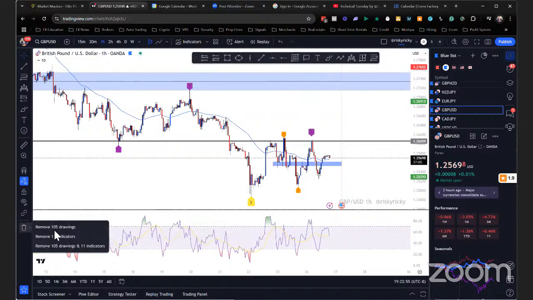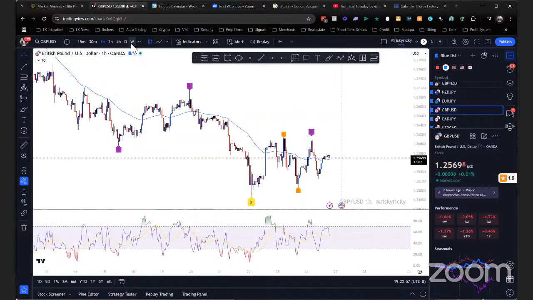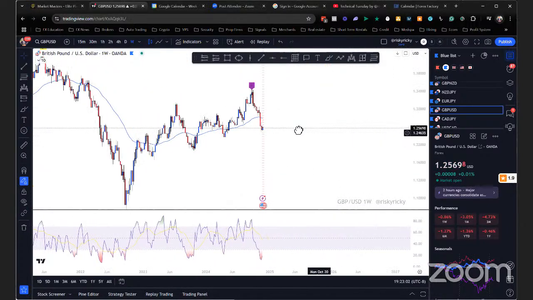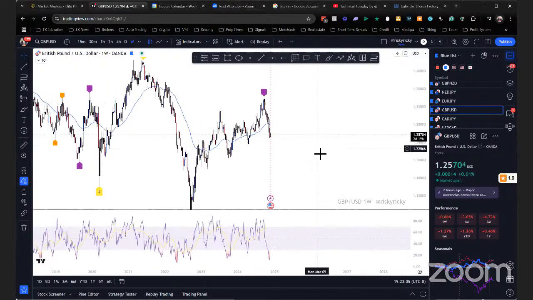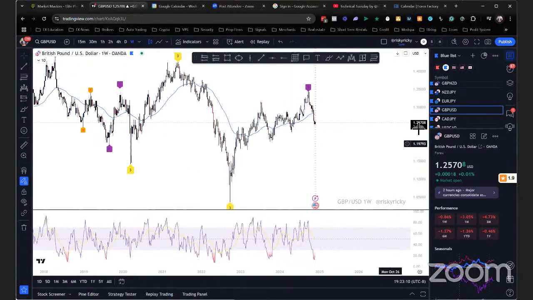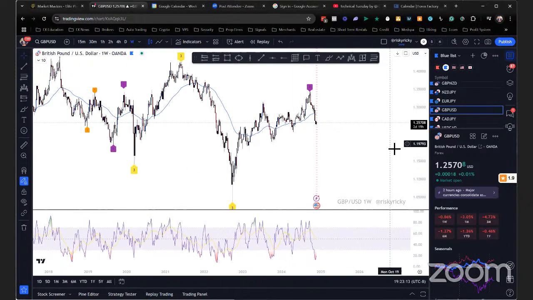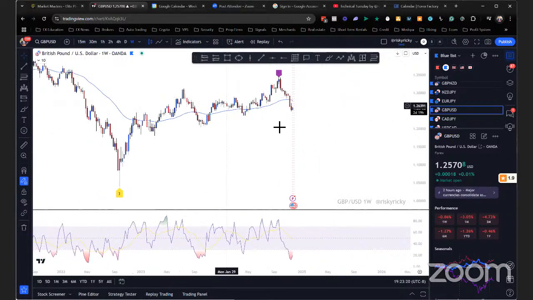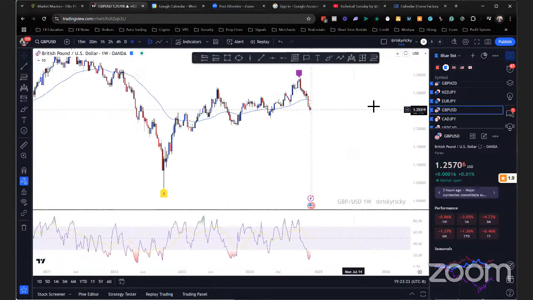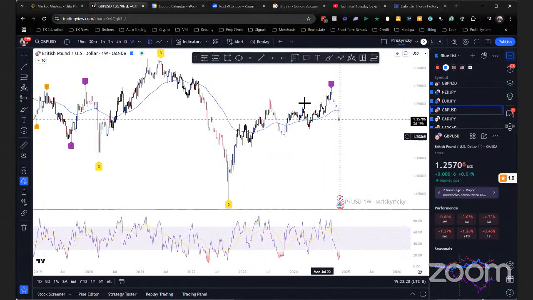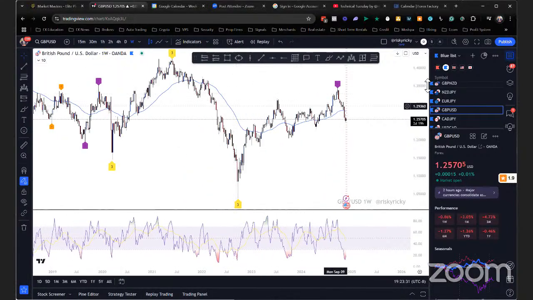Now erase everything just so there's nothing on the charts. Okay, so in one of these plays, I'm sure I'll be able to find something for tonight's session. London session or New York, there should be some setups for sure. So you just have to be patient and wait for these to present itself.